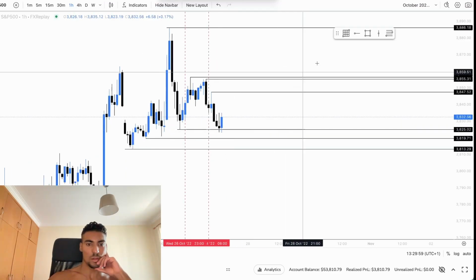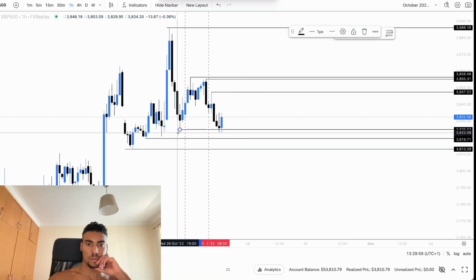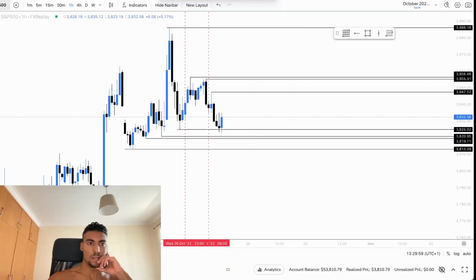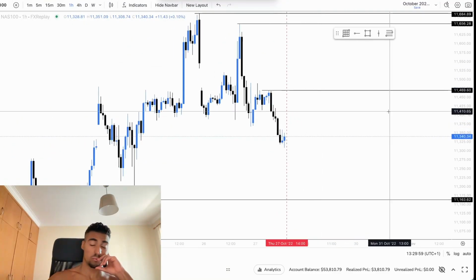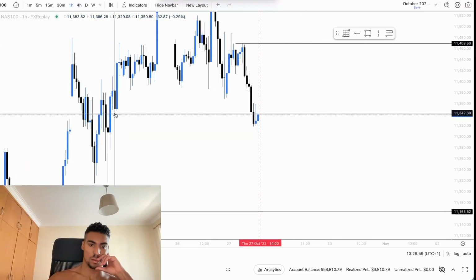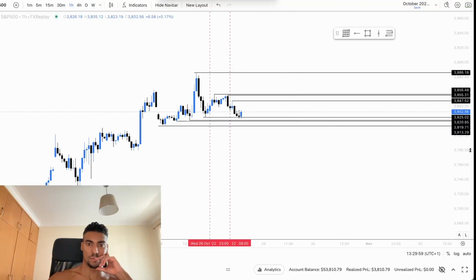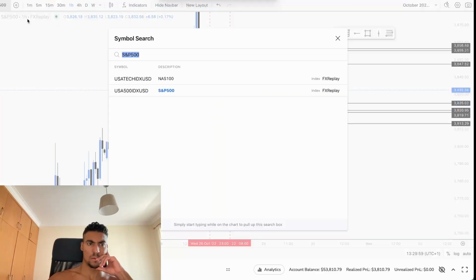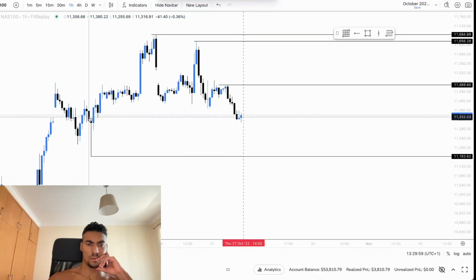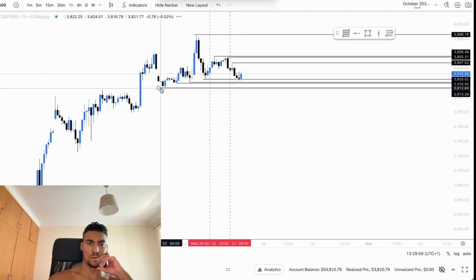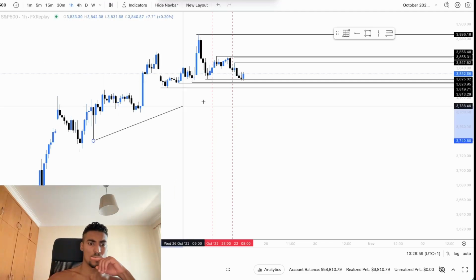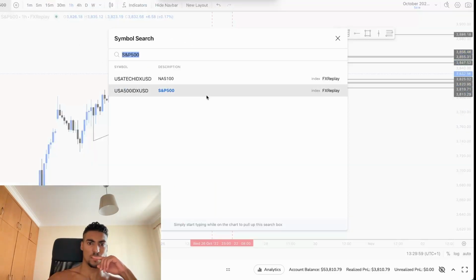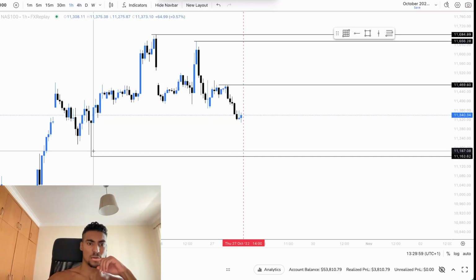Okay, so we sweep out these 1 hour lows right on opening, so these 1 hour lows down here, boom, draining, boom. Let's get to the Nasdaq, let's see what's happening. Whoa, we're creating a mega bullish SMT, bro. Monday 18. Where is Monday, bro? Monday 24th, okay. Is this one? No way. Bro, look at this bullish SMT we are creating, bro. This is insane work, to be honest.